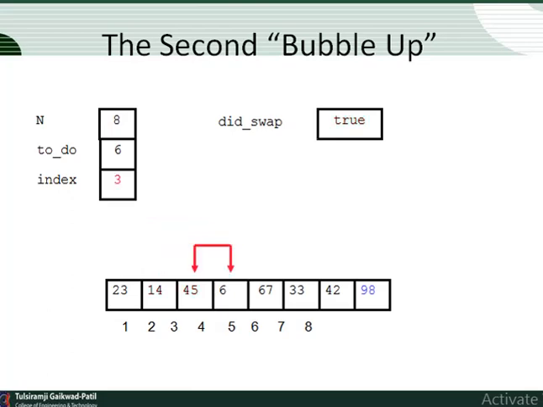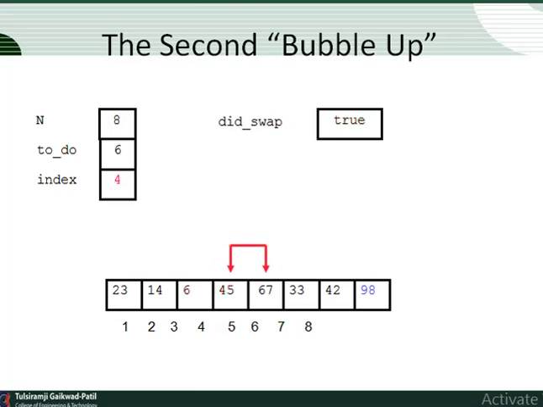45 and then 6 may compare. Again 45 is greater than 6, so there is a need of swapping with 6. The element 45 may get swapped with 6. At the end we may definitely find that on the left hand side we may get somewhat smallest element, and on the right hand side we may get somewhat largest element.